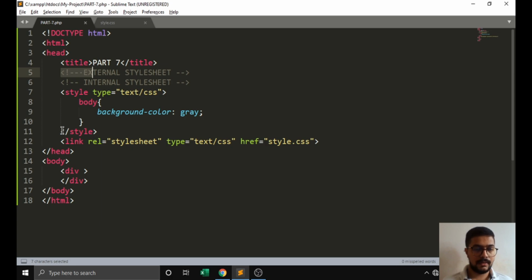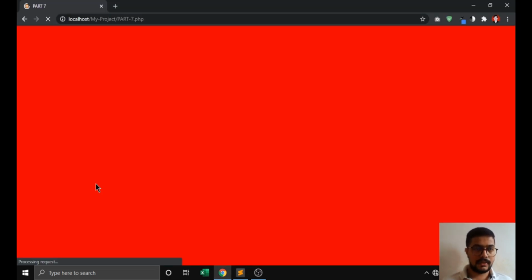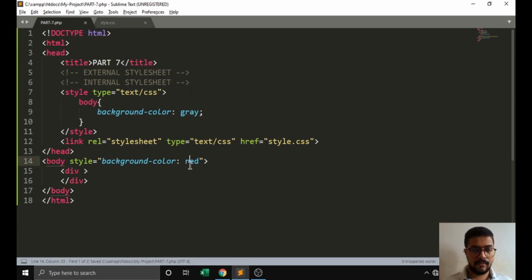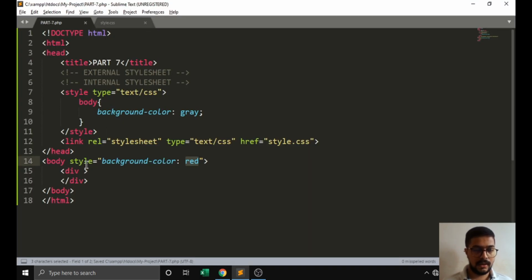We can also apply color directly inline, like background color red. If I run this, the red color appears here.